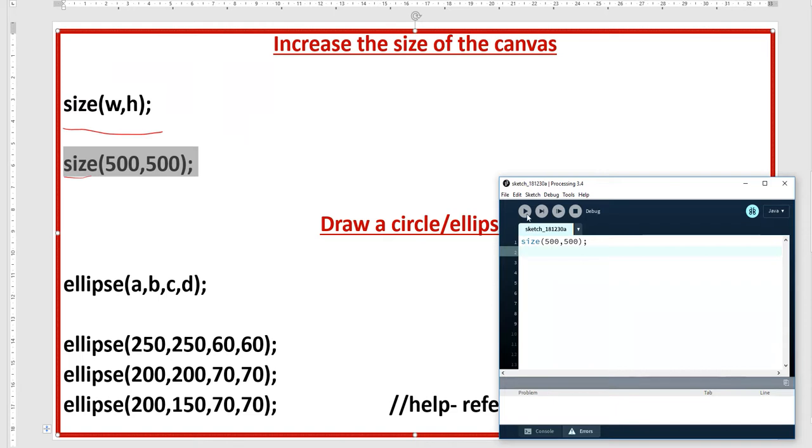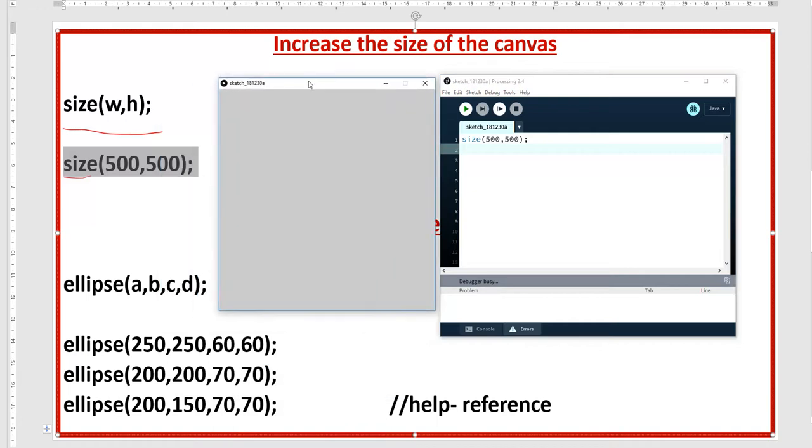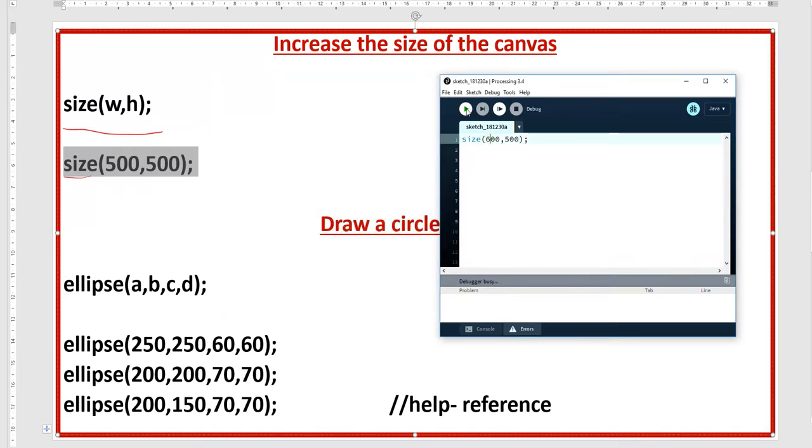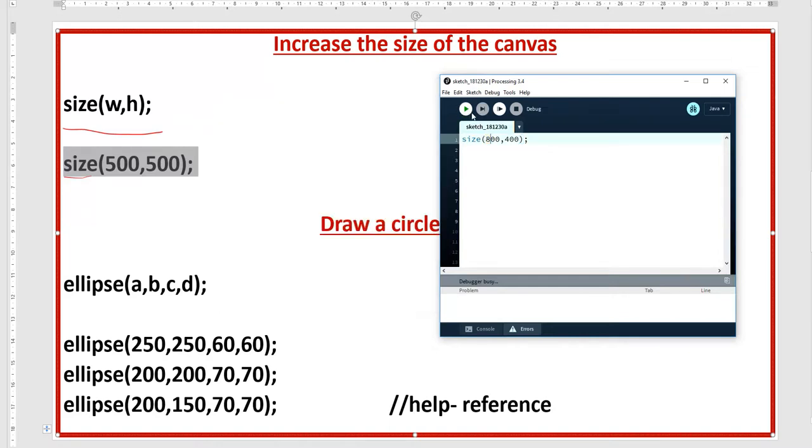Okay, fine, we will delete this. So see, now our canvas or display window is 500 by 500. If you want, it's up to you. You can make it 600 by 500, or 700 by 400, whatever you want. If I make it 800 by 400, then we will run it.